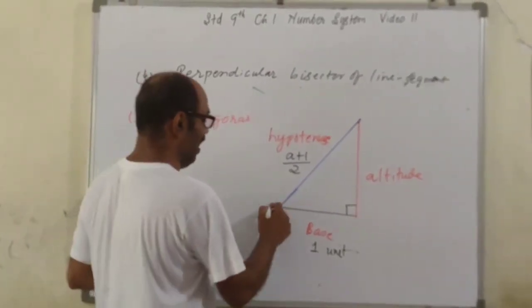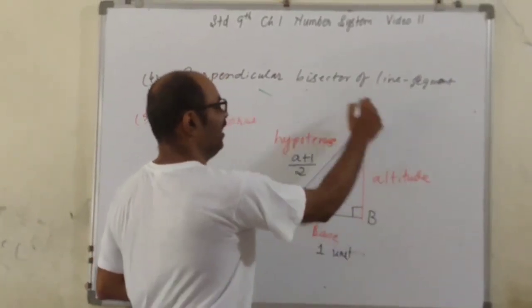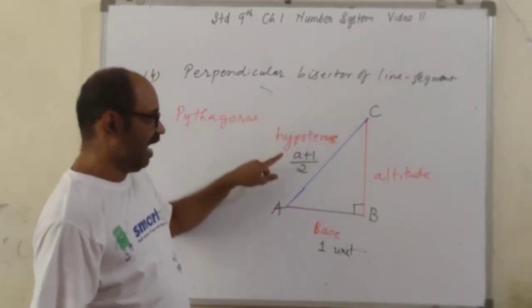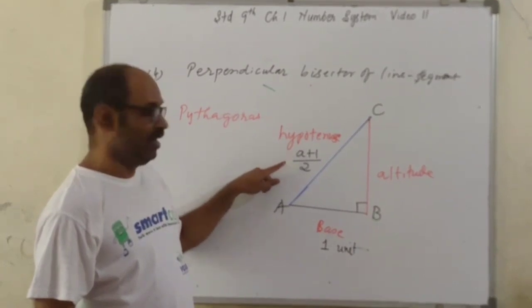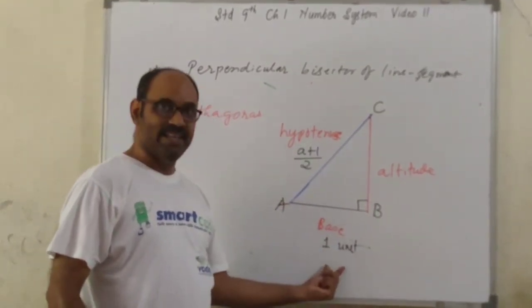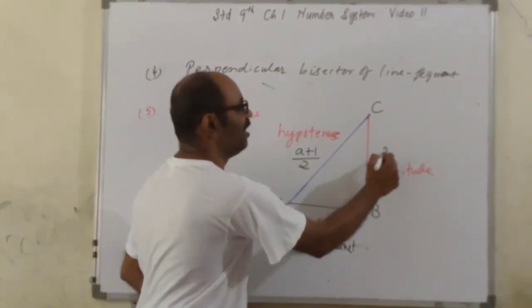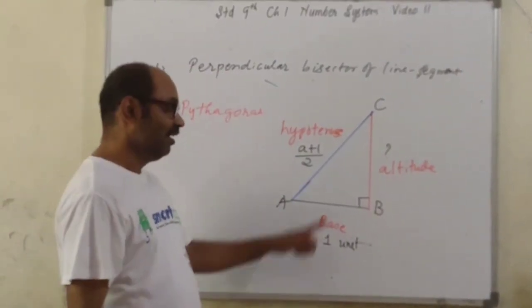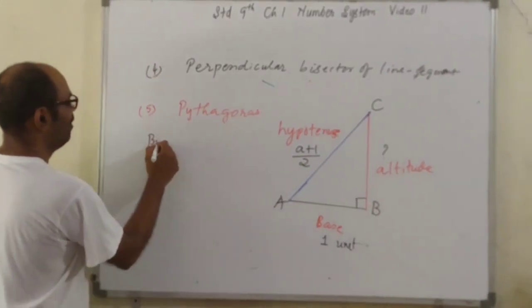It is difficult, no? A, B, C. Triangle ABC is right angled at B. AC is the hypotenuse, the length is (a plus 1) by 2. BC is the base, it is 1 unit. Then how much will be the altitude? Let's see. By Pythagoras